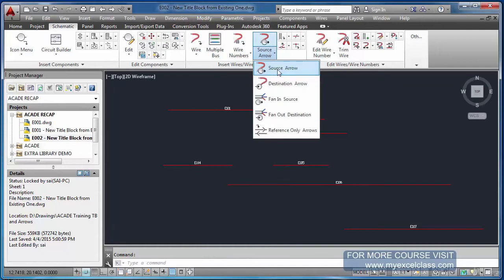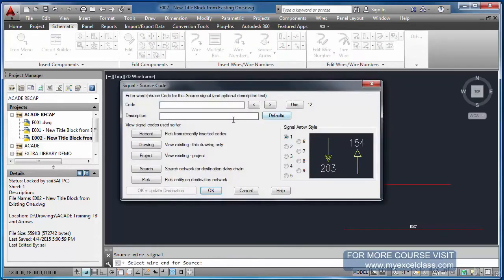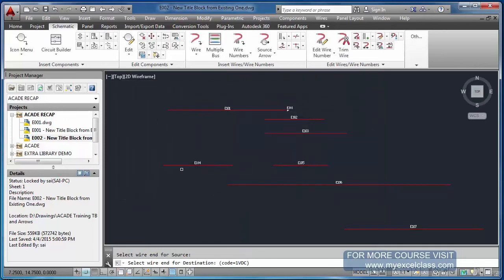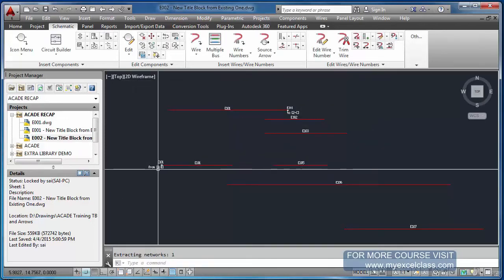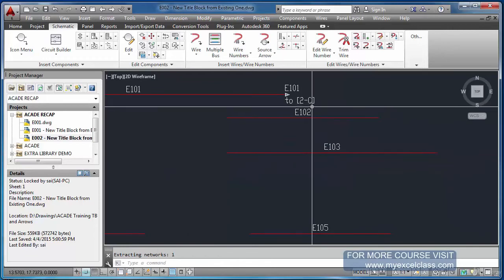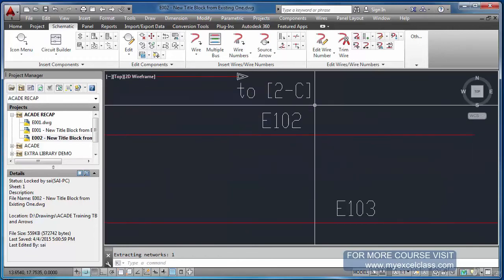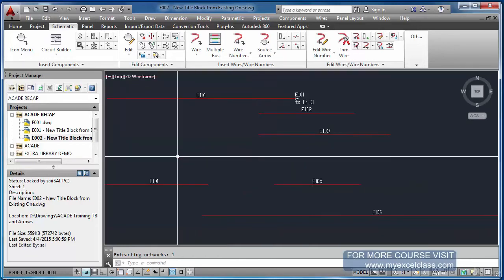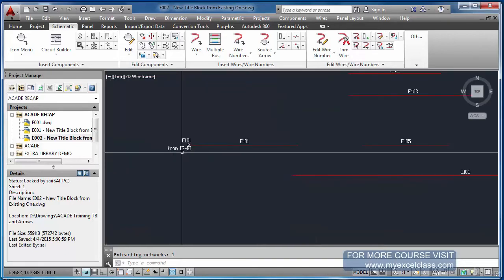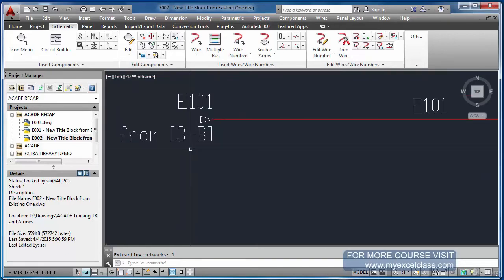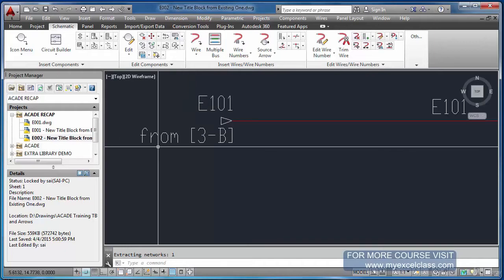Go to source arrow, click here, say 1 BDC. The arrow style is 1. Remember this style is 1. Okay, I'm picking this. See, the style has changed now to 2C. A square bracket has come. So this is also very much possible.